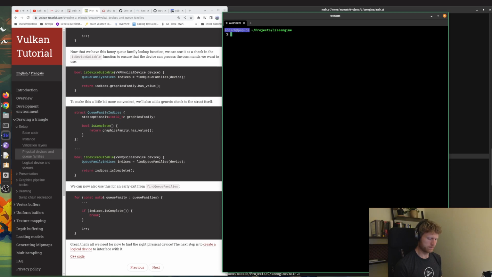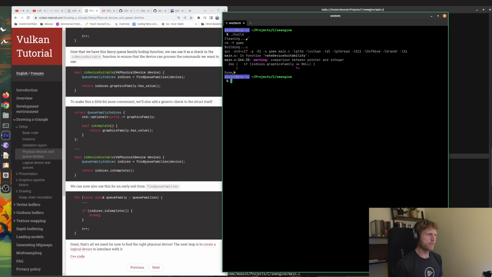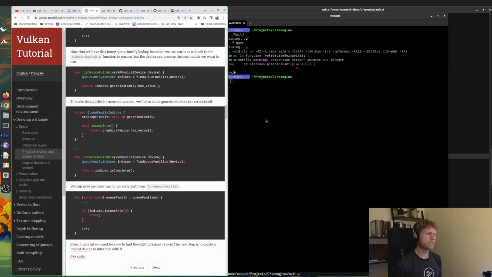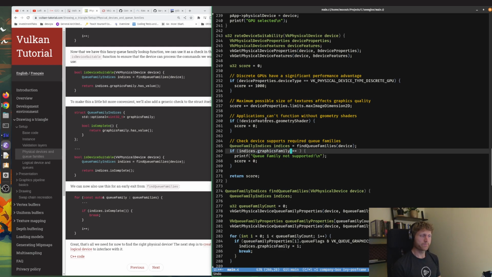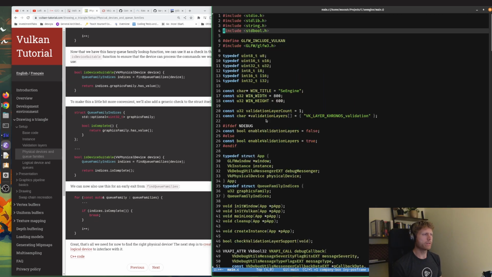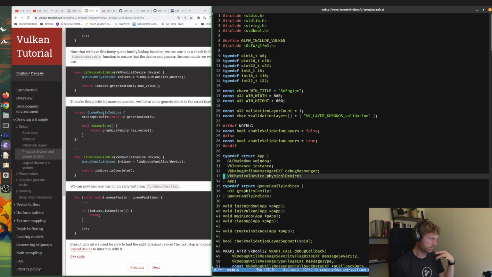Build. Oh, hello. Yeah, comparison between pointer and integer. So null is the pointer, and this is an integer, even if it's null. Well, it isn't going to be null. Well, it might be null. So instead of an optional type on an integer, I wonder,